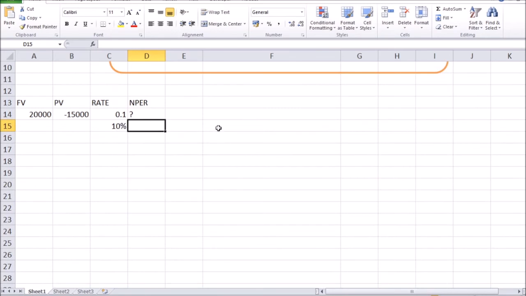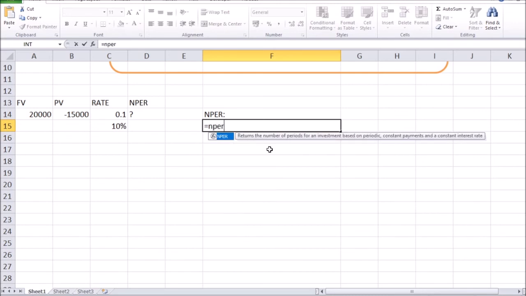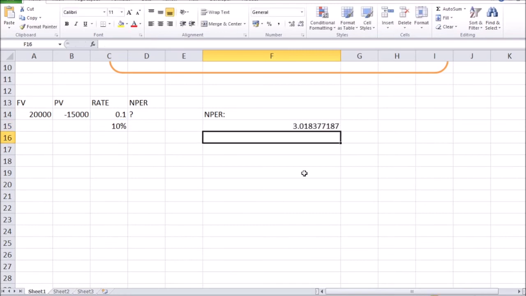Okay, let me scroll down a little, and we're going to use this formula. As I said, NPER is going to be, let's say, in this cell lower, equals NPER, open the brackets, and I get all the hints. First hint over here is rate. You could click here, comma, next PMT. As I mentioned, we're going to talk about PMT in the next video, so we're going to skip it, another comma. PV, click here, another comma. Future value, FV, click here. Ignore the rest, close the brackets, enter, and you get